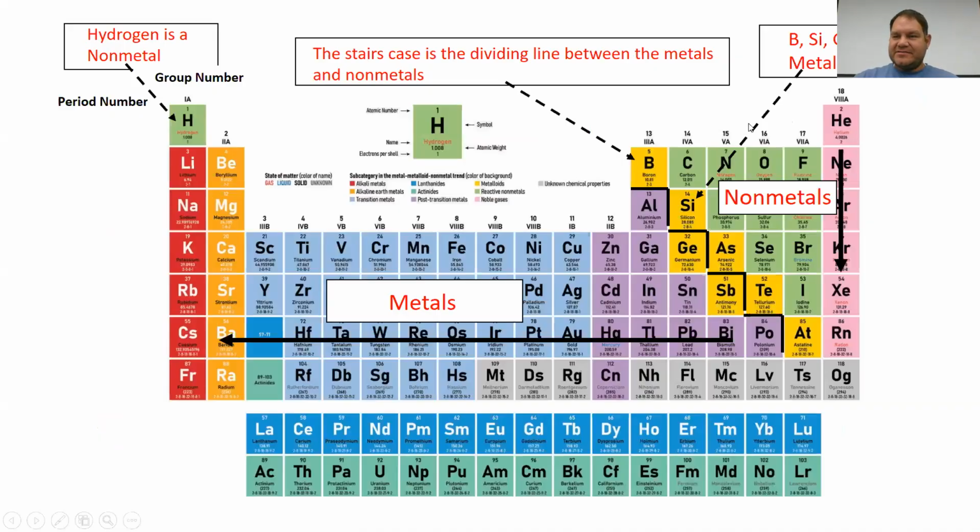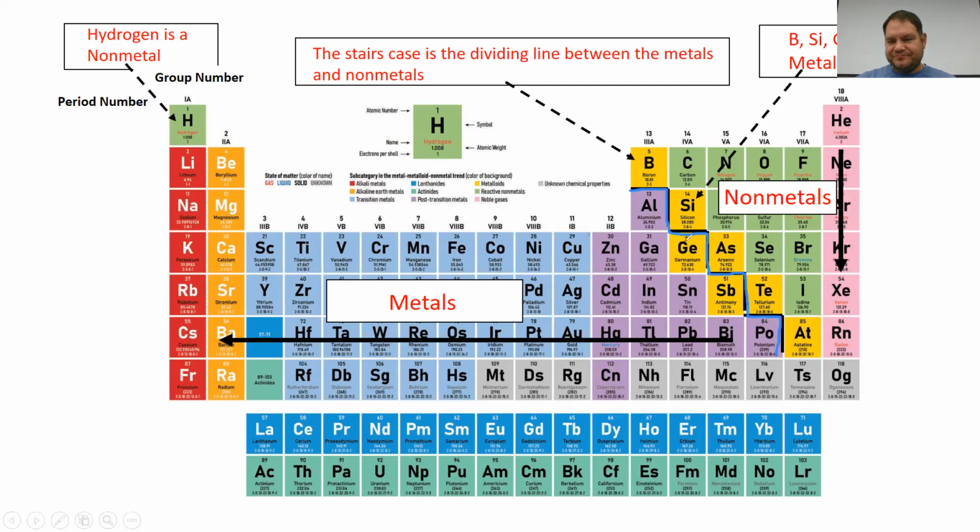All right, so some things to record here in your notes about the periodic table. Where the three classifications of elements are located. There is a specific line on the periodic table, and that line is important for separating the metals and the non-metals especially. This dividing line is like a staircase right here. I'm kind of drawing it here. You should probably draw it in black as it's written, but just kind of tracing that line